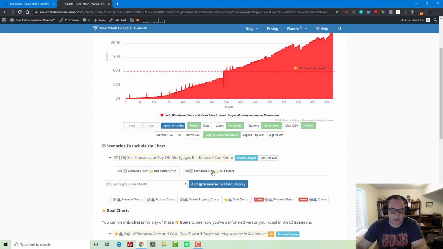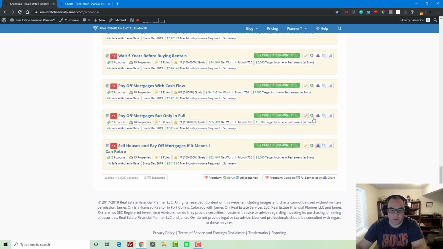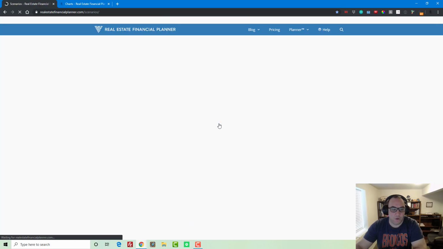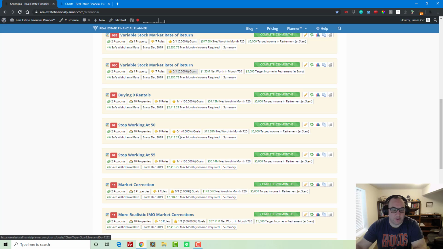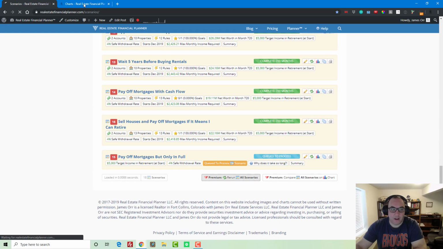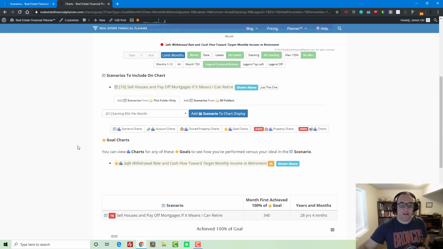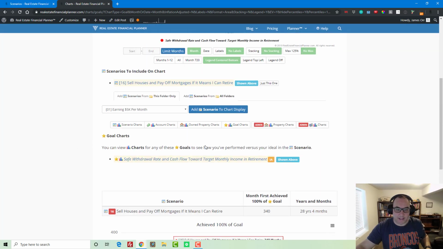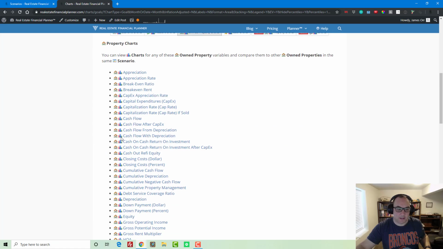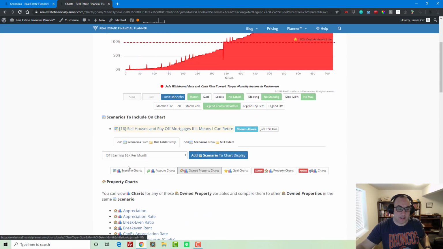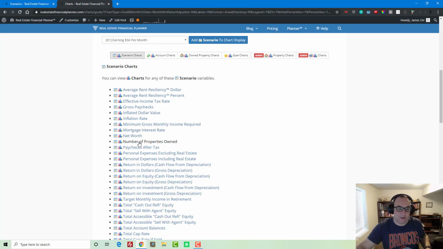Let's compare that to, let's run the previous one again just to make sure it's updated with that new goal. Actually, I'll run all of them again. Make sure that we have all the goals redone. And then I'll go and I'll compare this. In the meantime, let's take a look at the owned properties. Let's look at how many properties we own at the end. Because we bought